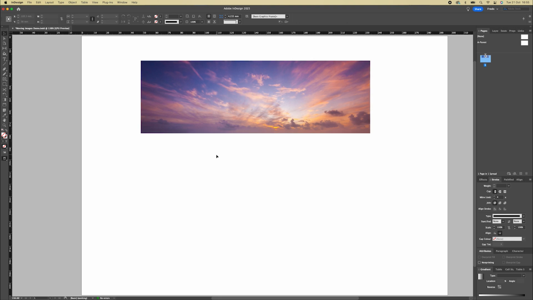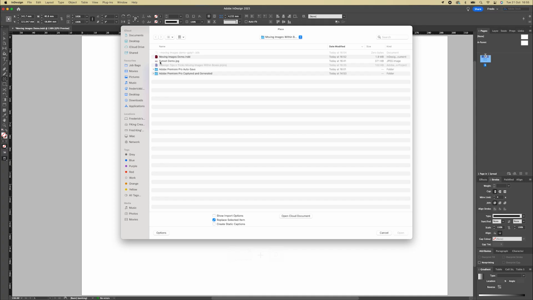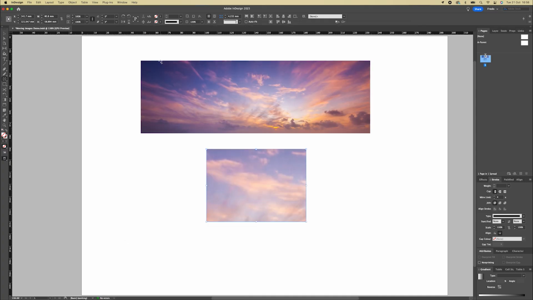Click off of that. The other way that we could do it is go over to the rectangle frame tool here. Click out any size box that we like. And then we can go Command D or File Place like we did before. Pick up our sunset demo, and then that drops that into the box. Notice that InDesign has just brought that image in with not really any relevance to what the box is doing or anything like that. If we go over to the black selection tool,